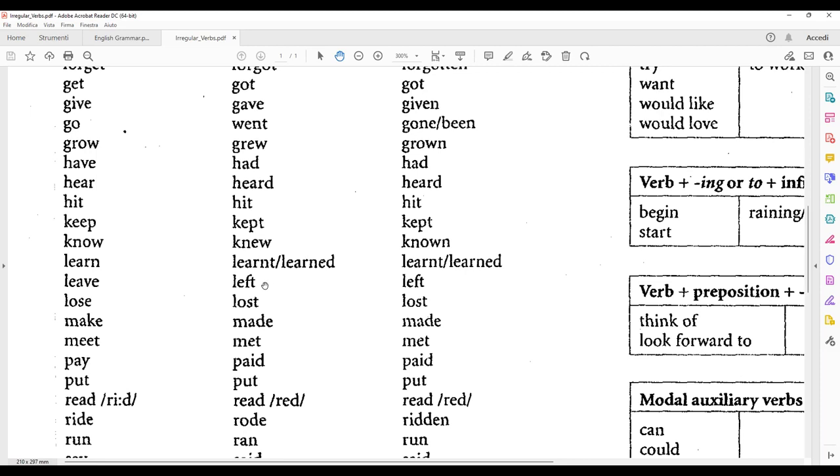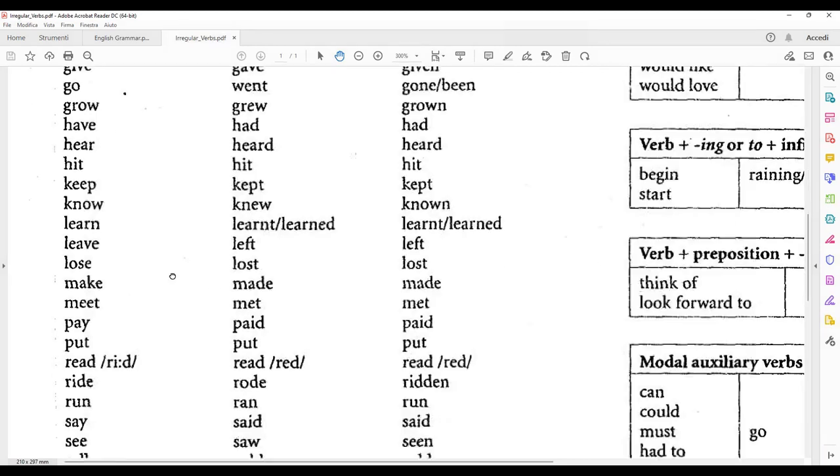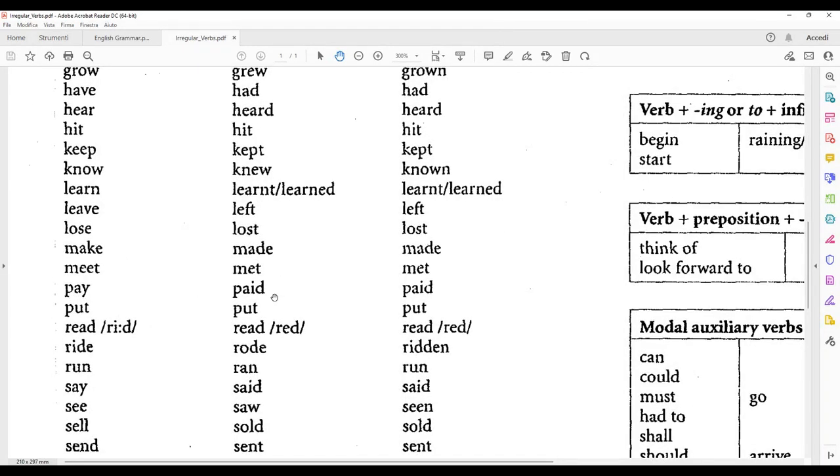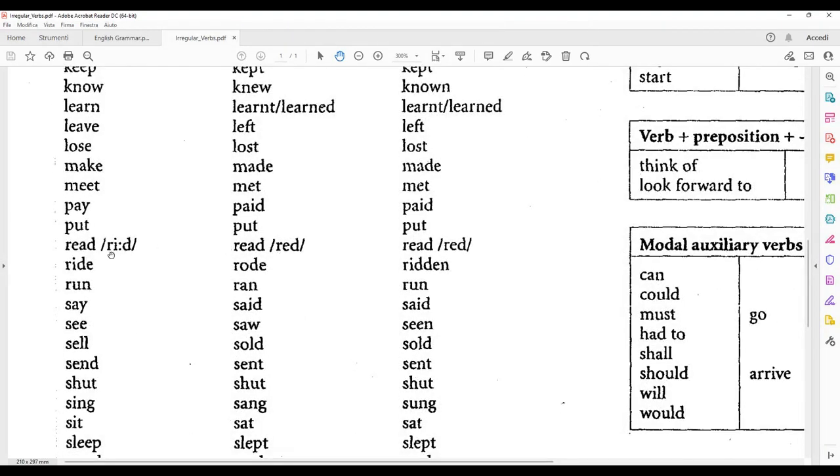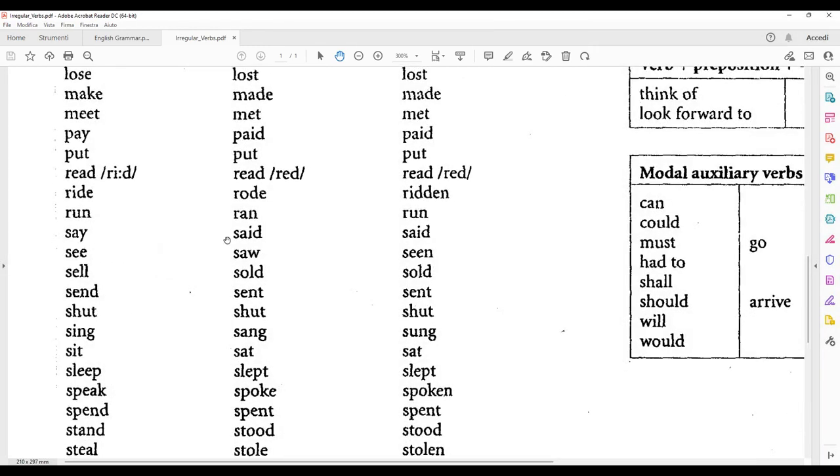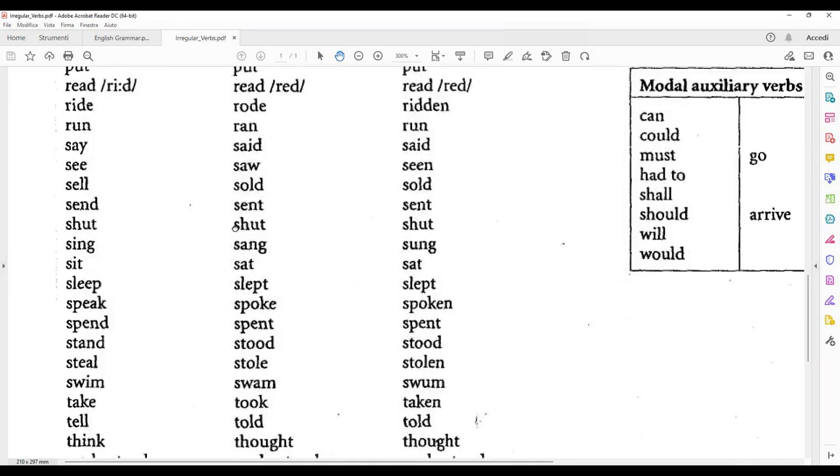Leave, left, lasciare, leave, left, lose, lost, make, made, meet, met, pay, paid, put, put, read, read. Quindi read, read si scrive allo stesso modo ma si pronuncia in maniera diversa, quindi read al presente e read al passato, cambia solo la pronuncia, la fonetica. Ride, rode, run, ran, say, said, see, saw, sell, sold, send, sent, shut, shut,